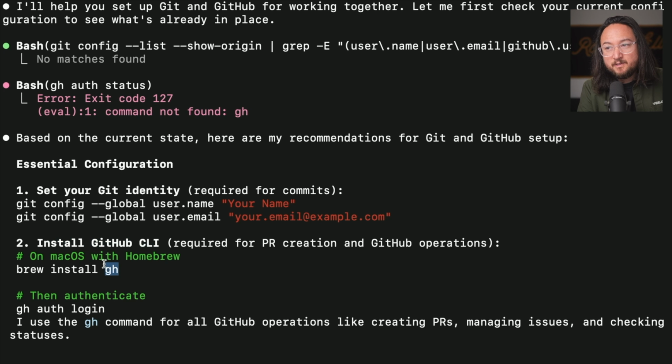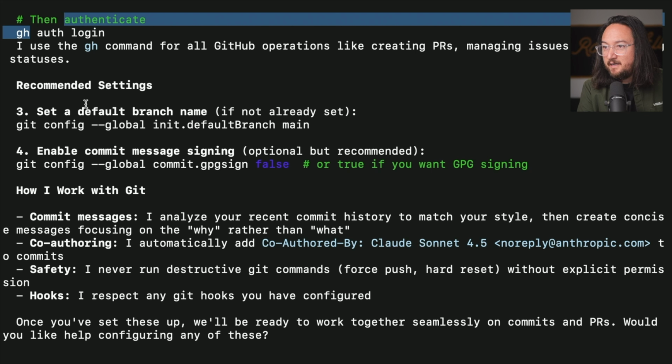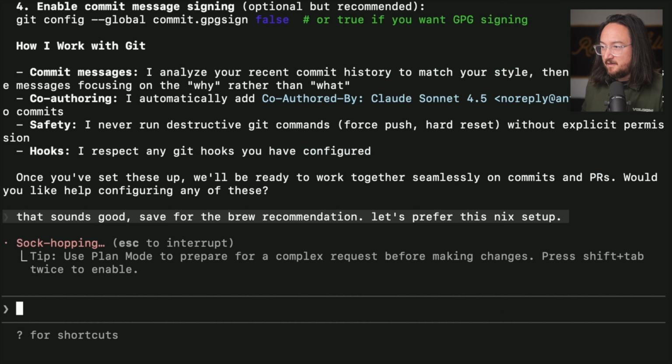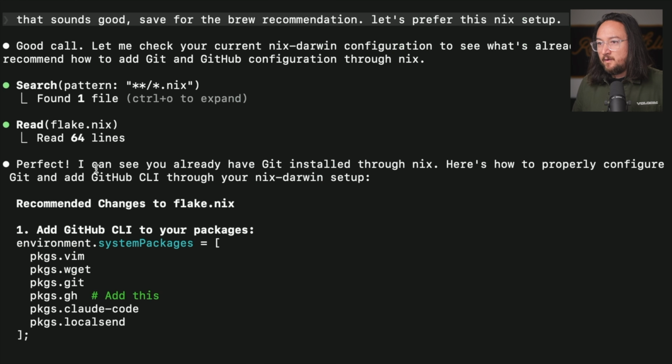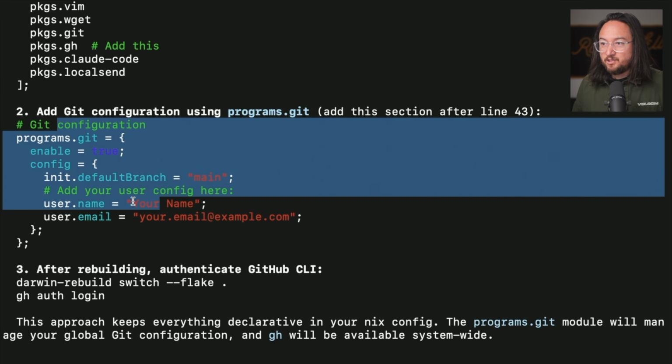Now, it's suggesting that we do this via brew, which I'd prefer not to do since we have Nix set up, and then log in with GH. That sounds good, save for the brew recommendation. Let's prefer the Nix setup. Okay, we can install the GitHub CLI with our nix-darwin setup, and we can add basic configuration inside